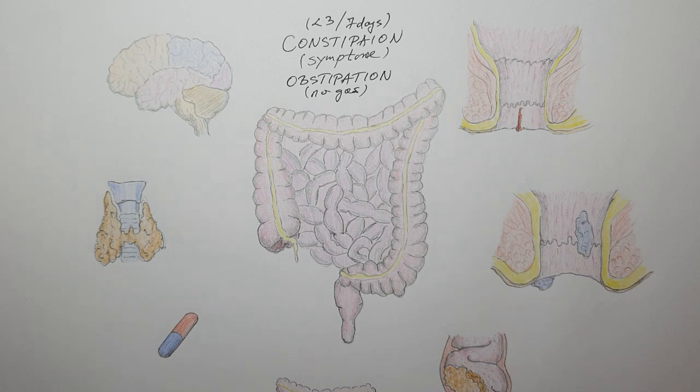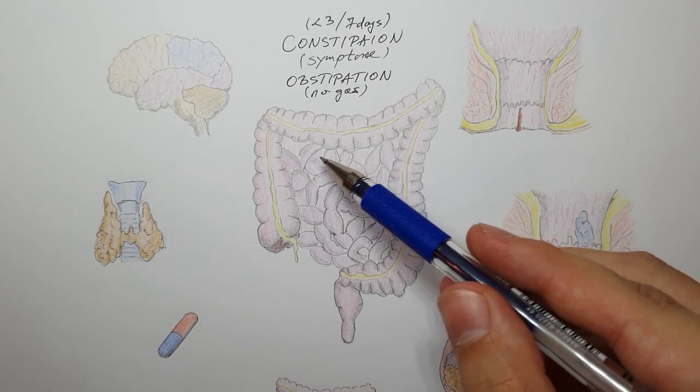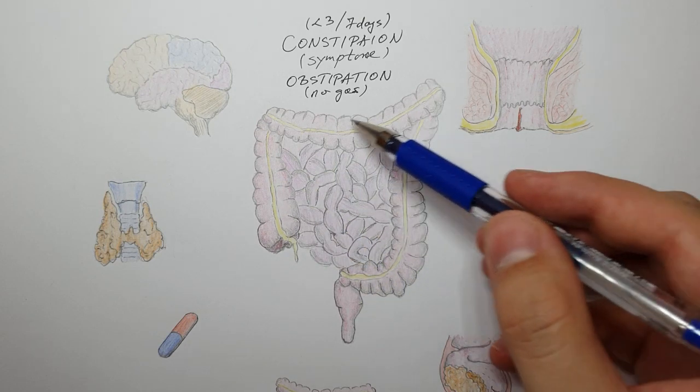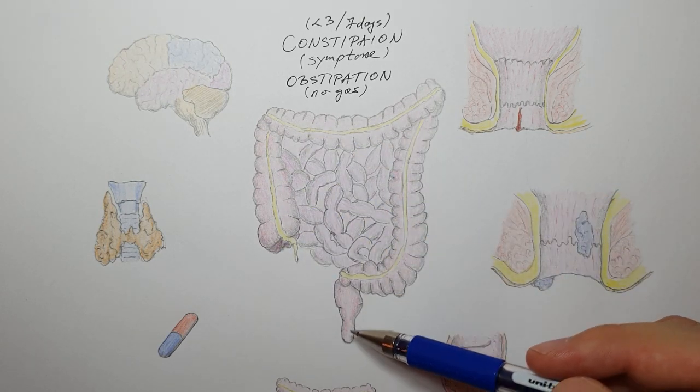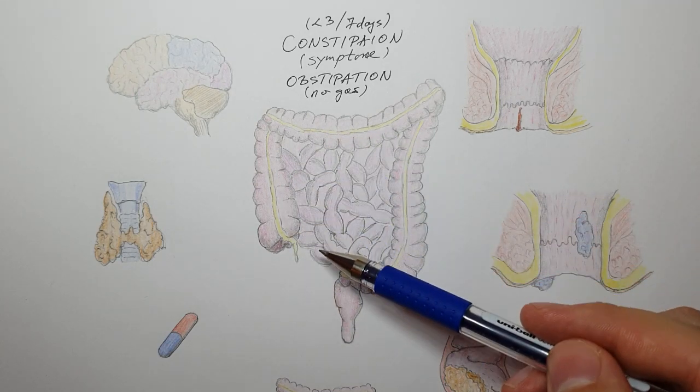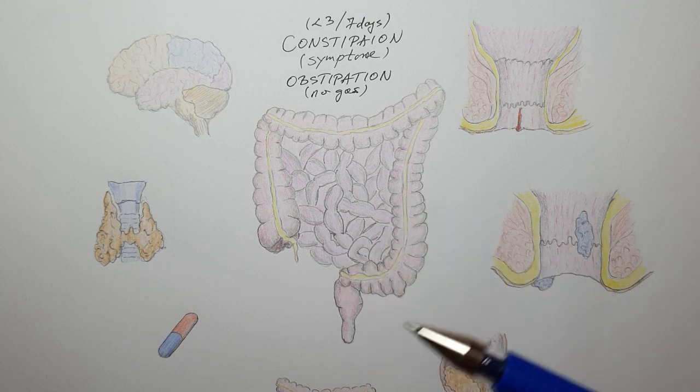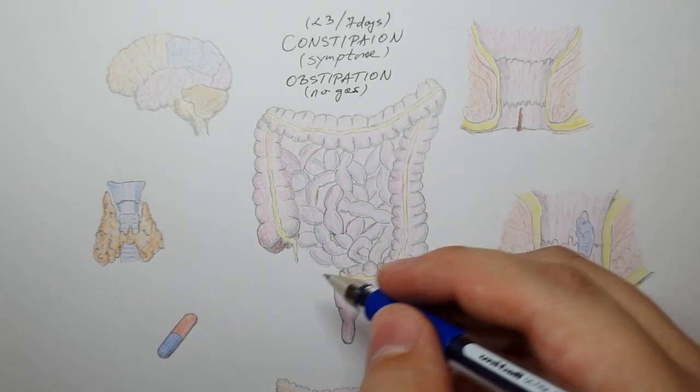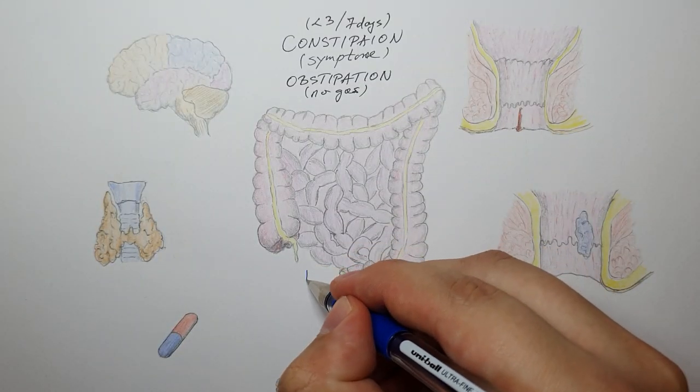So how are we going to tackle this problem? First, constipation can be divided into primary. In this case, this is our gut, the small and the large intestine, the rectum and the anus. So this is an anatomically and physiologically normal gut. But if the patient has constipation and there is no underlying cause, that is thought of as primary constipation. So we will just put it like this. So primary